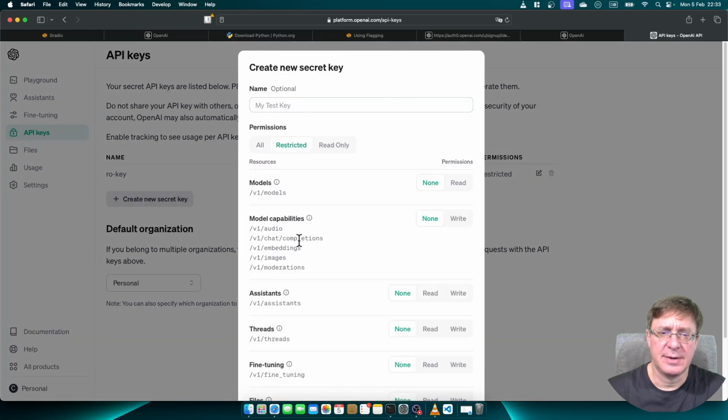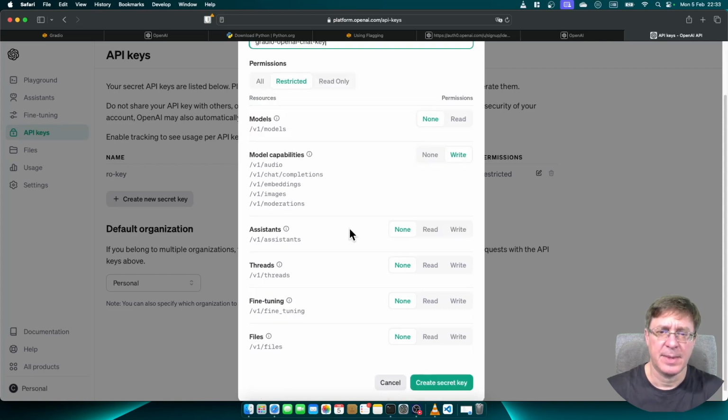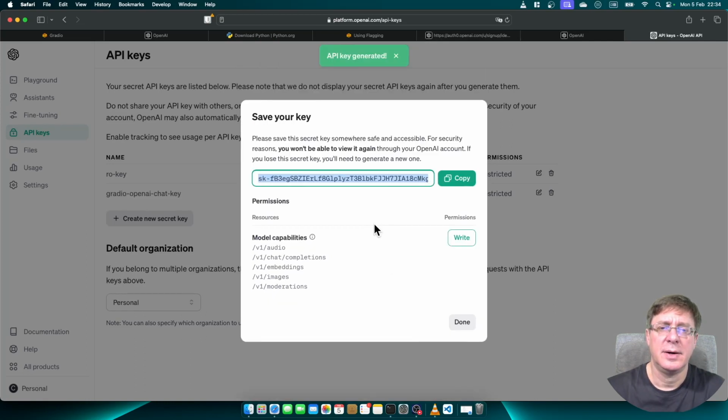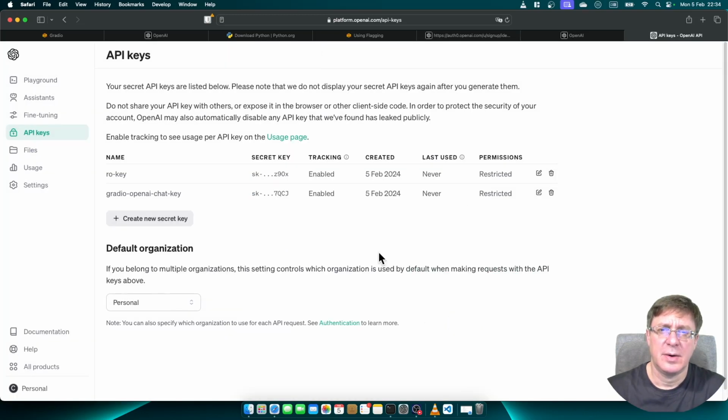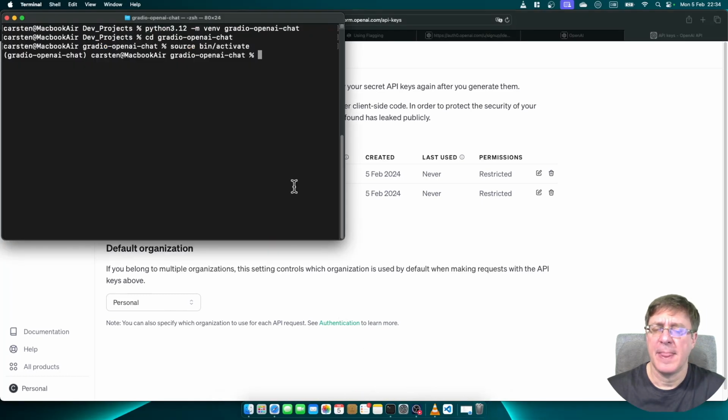We will make it restricted, and we only want to use it with the completions capability. We will name our key Gradio OpenAI Chat Key. Press on Create secret key. Please remember that you can copy the key only one time, and after you close this little pop-up, you cannot access the key again. So I copy it,